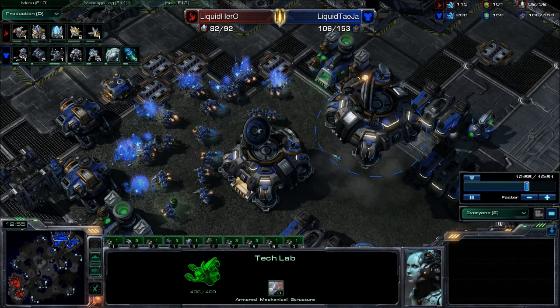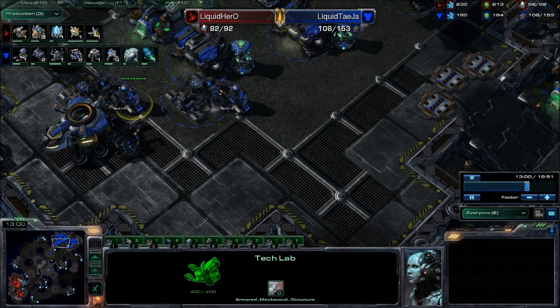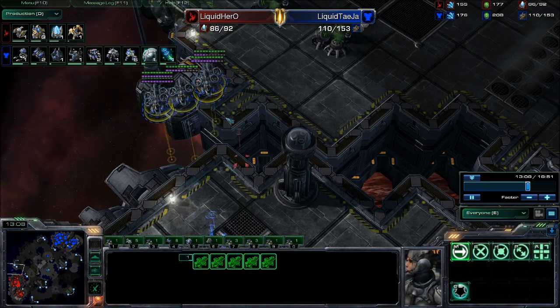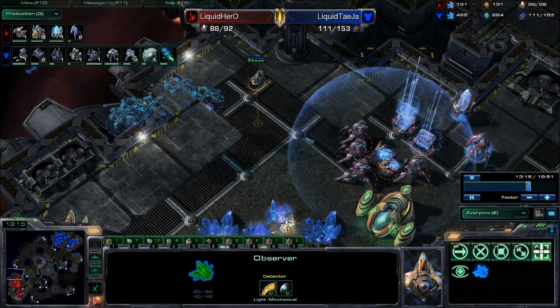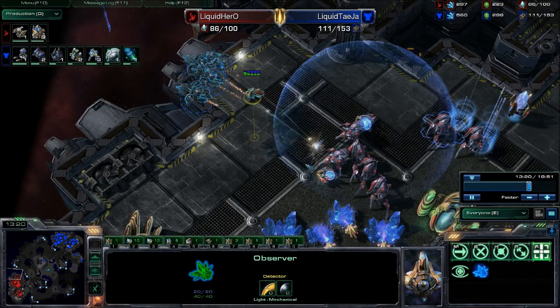Which is going to be quite useful for TaeJa, because a significant part of any Protoss army is the Stalkers, and Marauders are exceedingly good against Stalkers. The Observer sees the incoming Banshees. The Cloak is useless because of the Observer, but you can't see the Observer unless you look so carefully, because